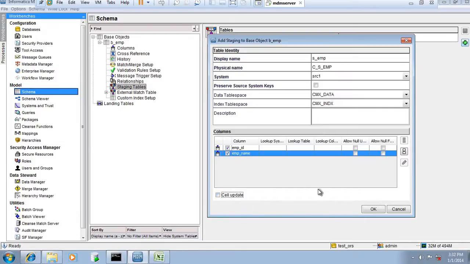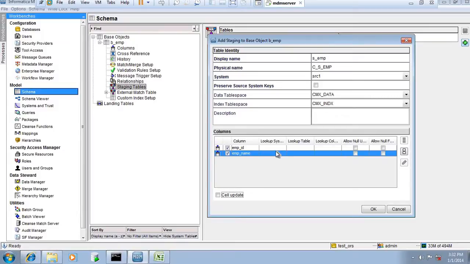Now here you can see lookup system, lookup table, lookup column. So these staging table values can be populated with the help of a lookup table. How? Suppose in an employee we have a department ID, and with the help of that department ID we do the lookup in the department table, and we can get values like department name, department description, department address.